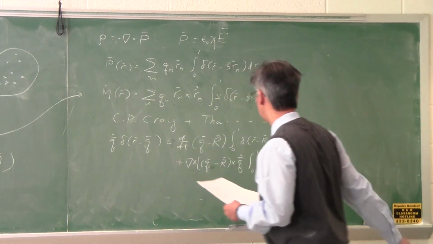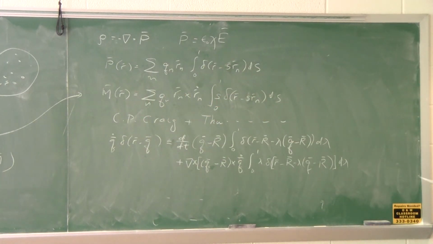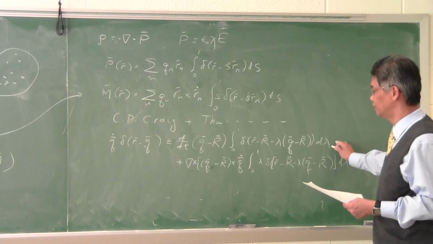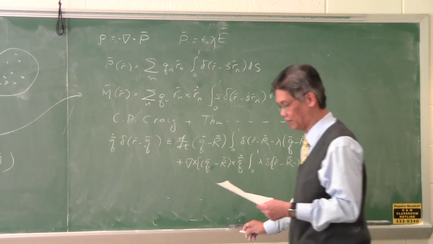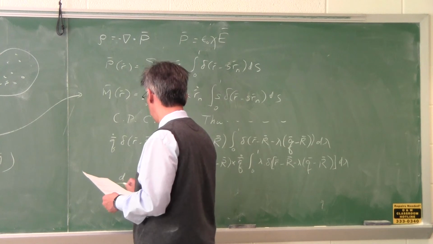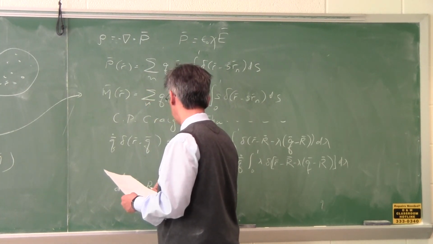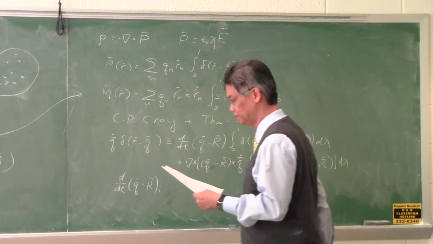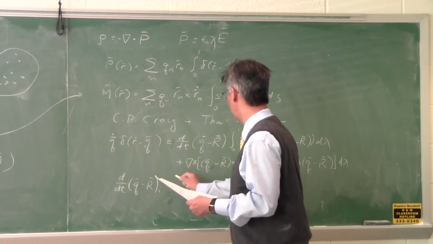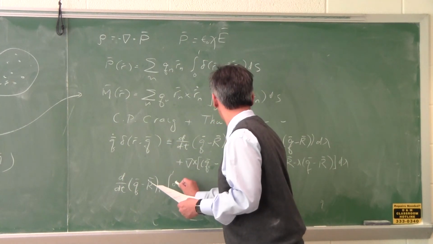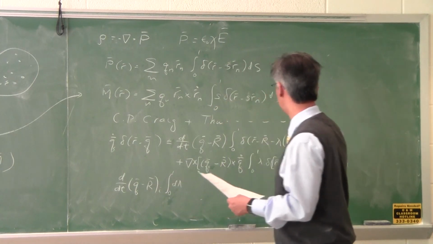So I can look at the I component of this equation on the right-hand side, and let's look at the I component of the first term on the right-hand side. I can write d/dt, the I component of this is Q minus R_I, plus this very complicated integral over lambda of the delta functions,